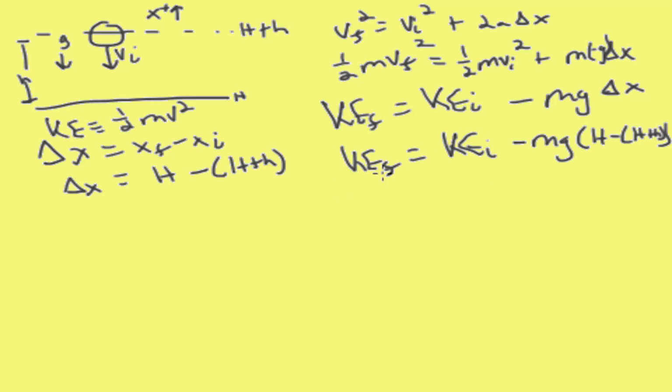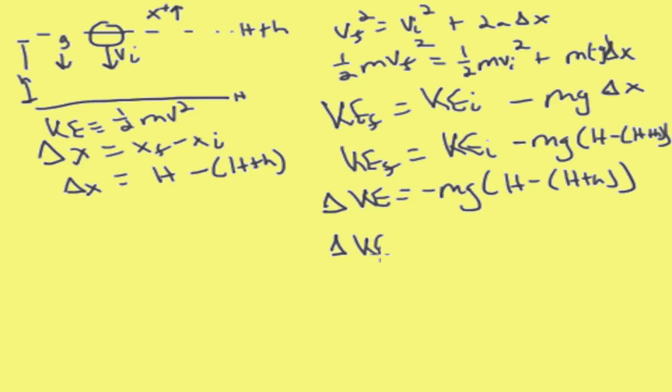We can pull the kinetic energy to the other side, so that we get delta KE equals minus mg big H minus big H plus little h. We can multiply this in. So we'll get delta KE equals minus mg big H minus mg big H plus little h. Sorry, that went off the screen. So we'll have delta KE equal to,